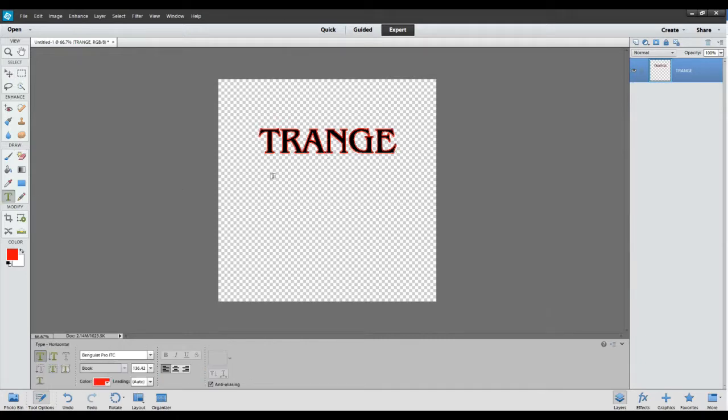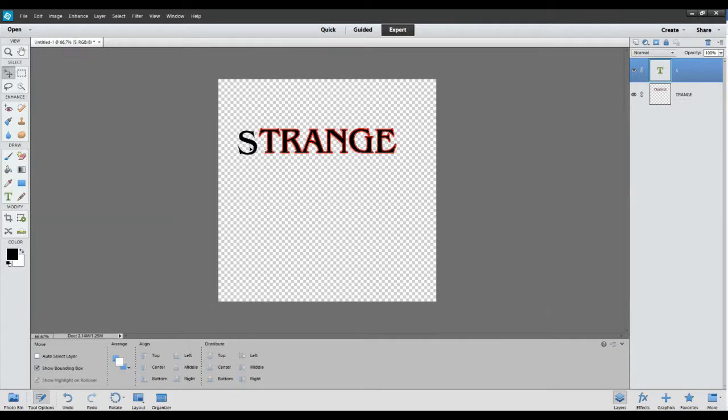Then I'm going to come back to my Type tool and type a capital S here. I'm going to back that up because I want to change the font color to black. So capital S. Now to get this to change without messing up, you don't want it to pull this way, you want it to be uniform. Click right there on that square. You see how it changes? When it gets to be the long square like that, you can drag it. So I'm going to just kind of eyeball it here